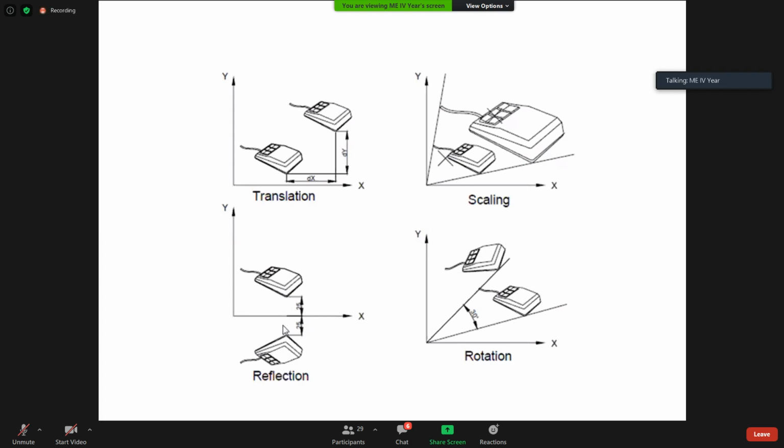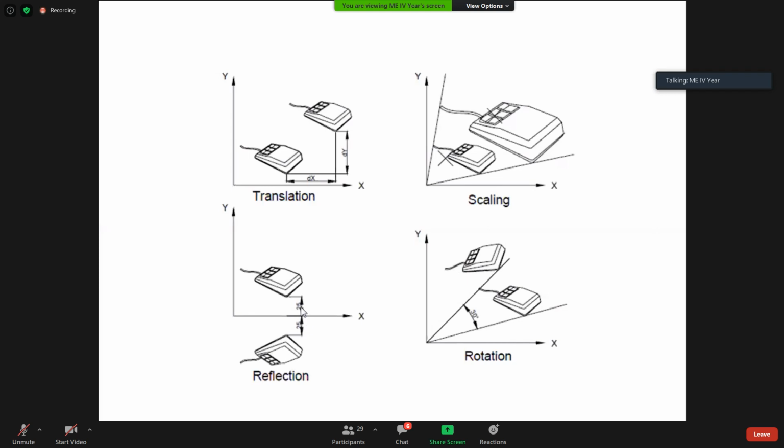Then coming to reflection. What is the definition I told you? This is the object, this is the image, the reflection, and this is the plane or mirror.